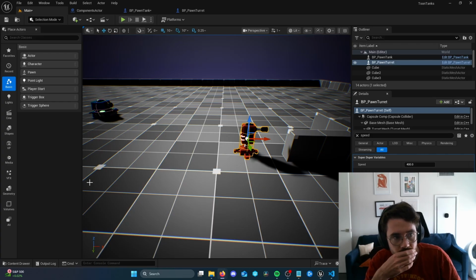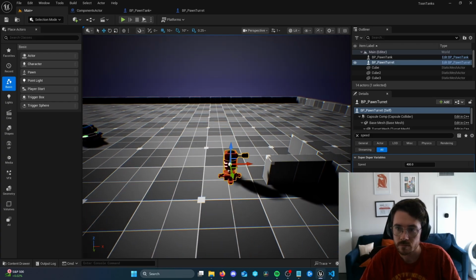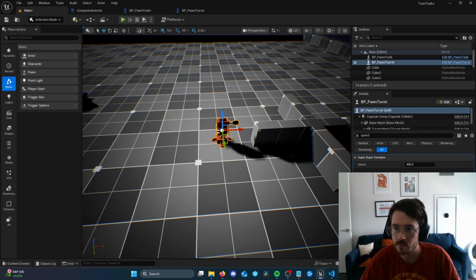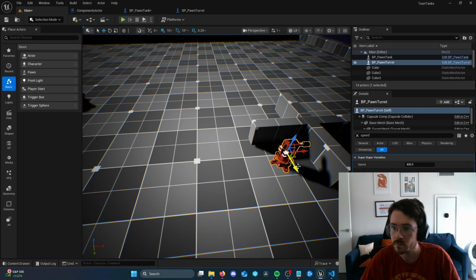I'm going to place one here and rotate it so it's facing outward. And then I'll go ahead and just place one at each corner here so that they can guard this central structure. And this is looking a little bit more like the finished product. There we go. And of course, if I wanted to, I could view this from the top. And in top orthographic mode, I can position these